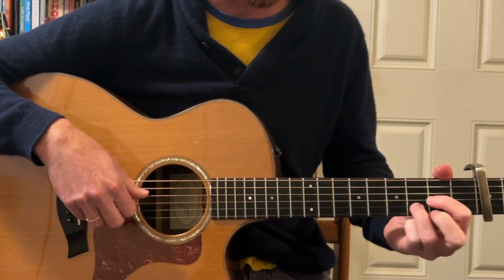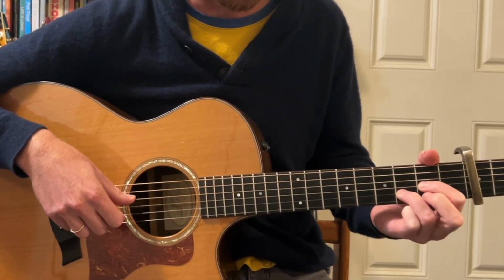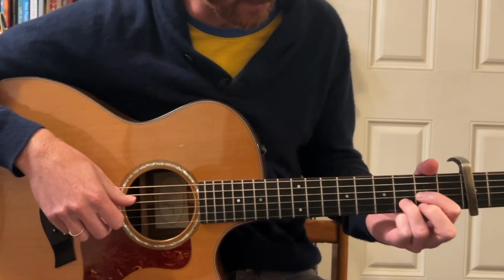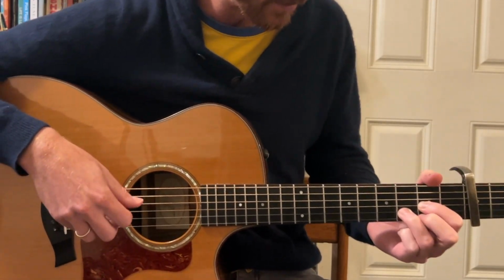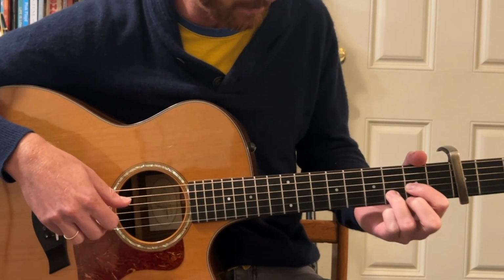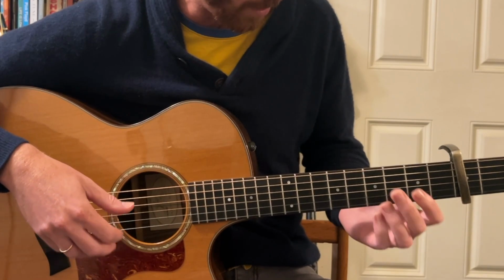Second and third strings of a D chord, 2-0 pull off, second string, fourth string and first string, hammer. So to recap: second and third, 2-0 pull off, second string, fourth and first string together, hammer, second, third, twice actually. But you kind of don't have time for the second time, so you just go open, and then